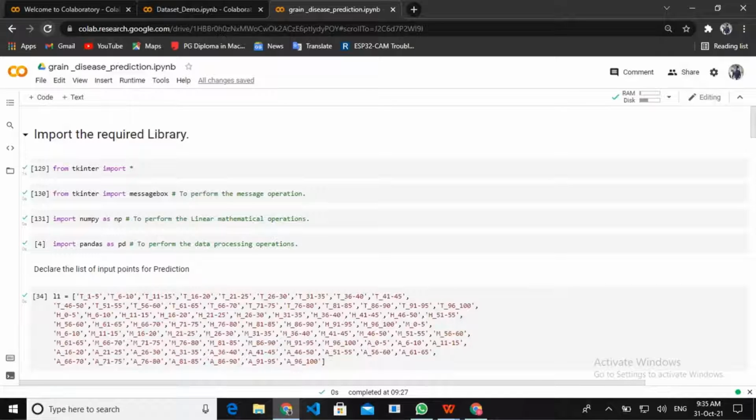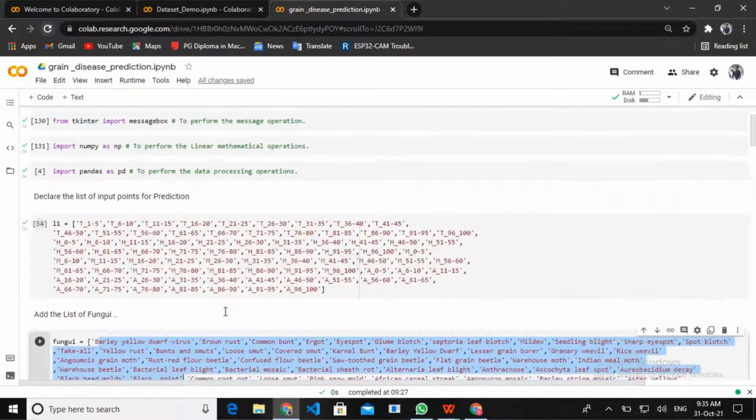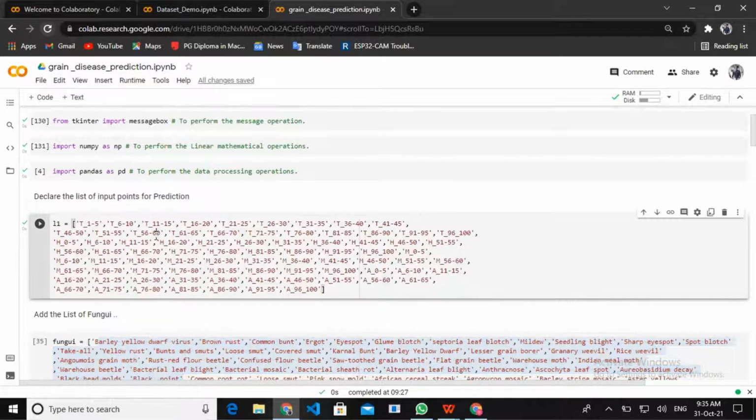We are using the Google Colab platform for training our machine learning algorithm. Here we have imported all the necessary libraries like pandas and numpy. Pandas to perform the data processing operations, and numpy to perform the linear mathematical operations. Next, we have declared the list of input points for the prediction.